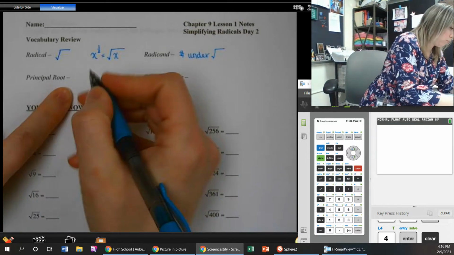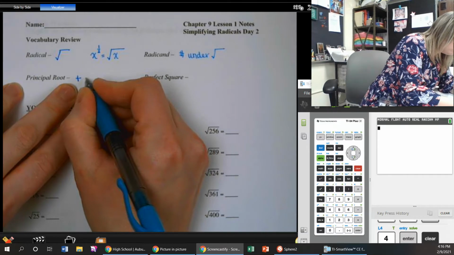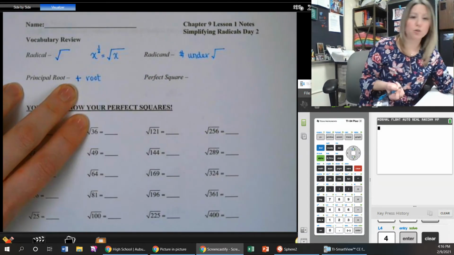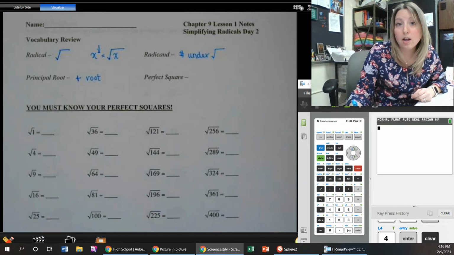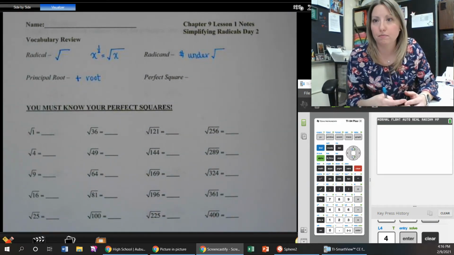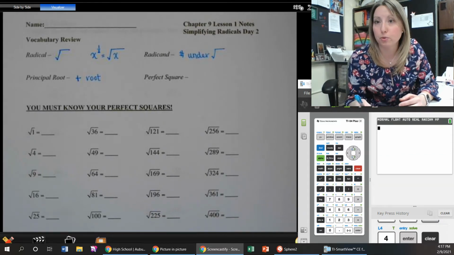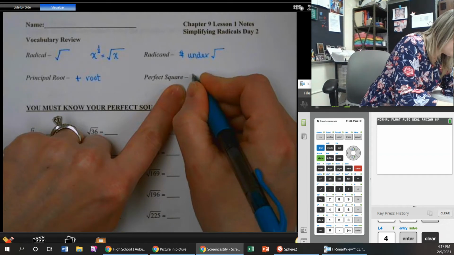The principal root is the positive root coming out of your radical. And a perfect square has an integer square root. Okay, so a perfect square is a number